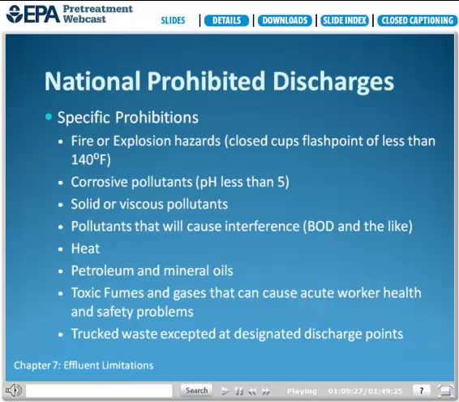They cannot discharge things that would cause fire, explosion, corrosion, specifically corrosion that's caused by a pH of less than 5, unless the system is specifically designed to accommodate lower pHs, solid or viscous materials that can cause problems or block a sewer, pollutants that cause interference,